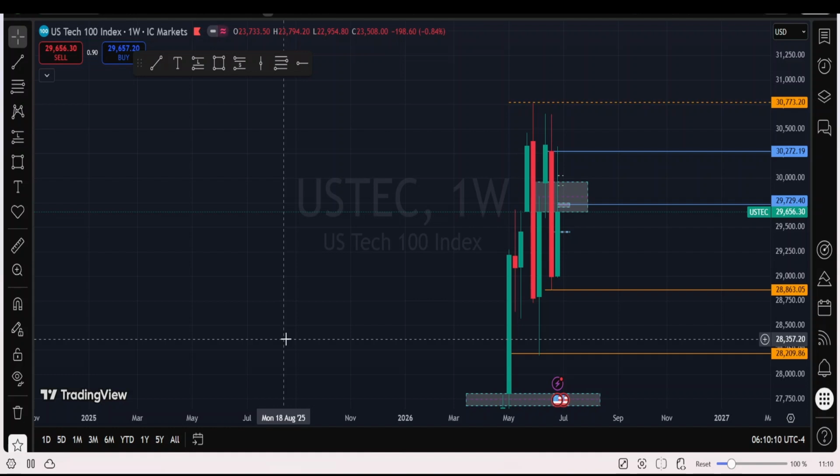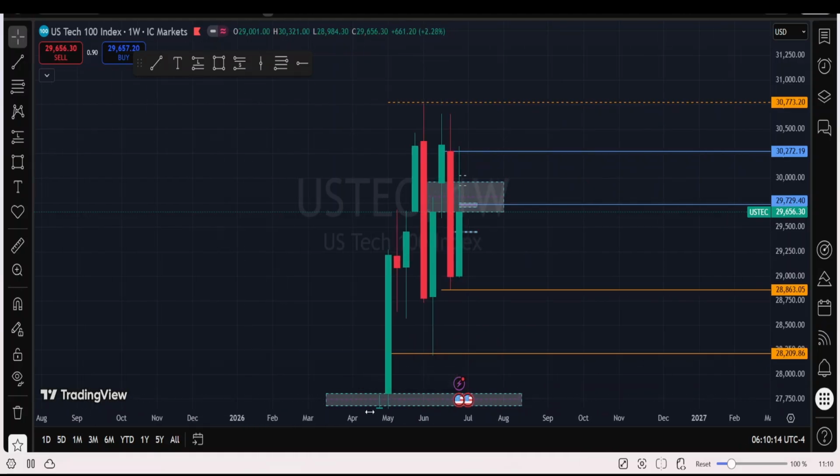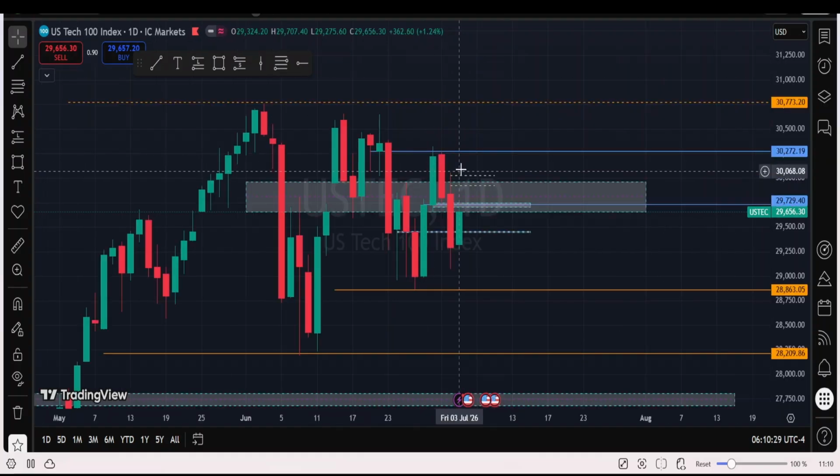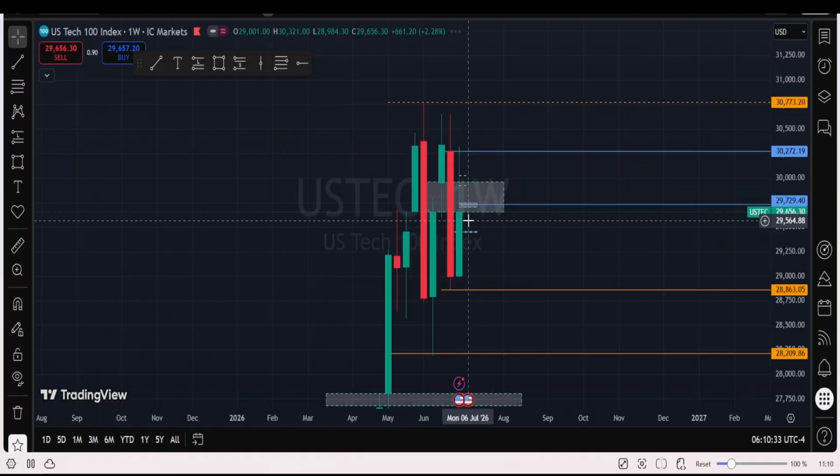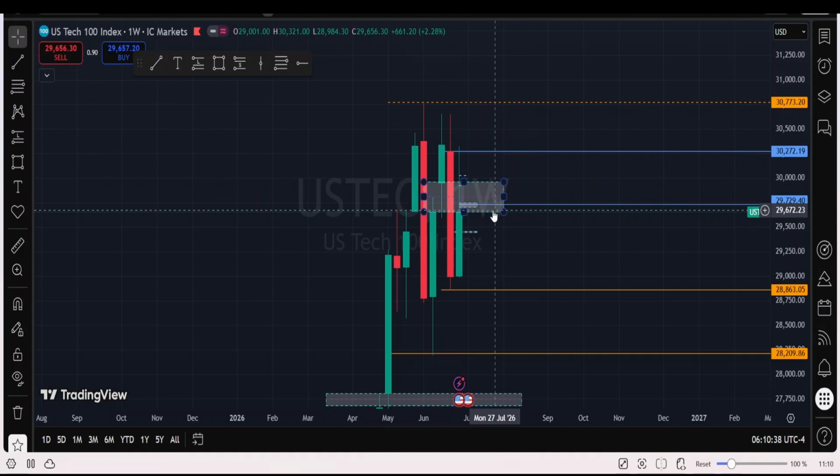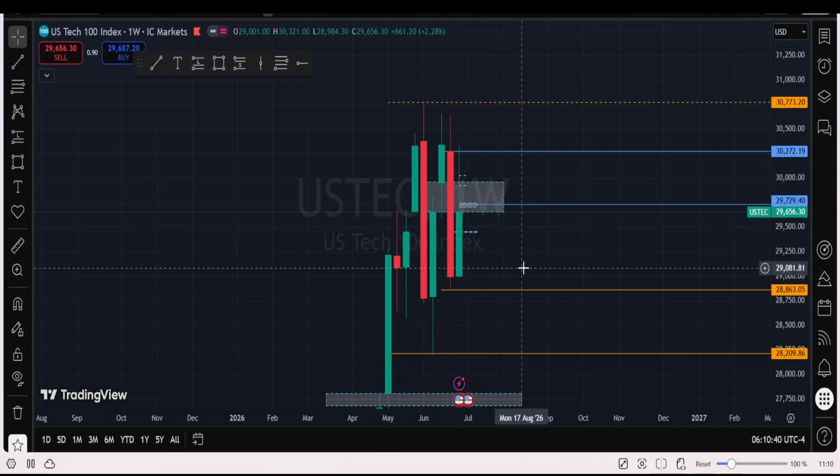That having been said, this is US Tech and we are on the weekly. As you can see, this is what we had as of last week. Price traded into the zone where we were expecting price to respect this gap on the weekly time frame. Price traded into it and got to an order block on the daily time frame, which was this level, respected the order block, and also closed respecting the gap it created before on the weekly time frame.